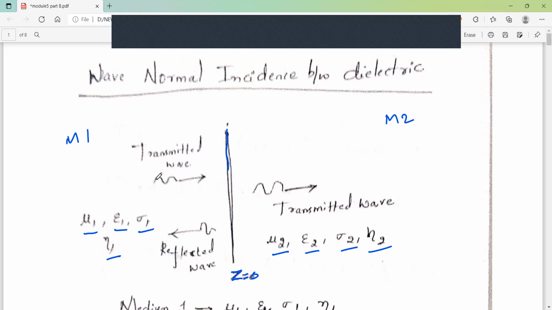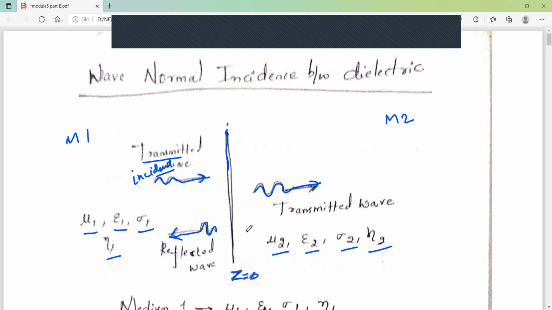Now you can see one wave is shown like this. This is the incident wave actually. Here it is written as transmitted, but just leave that. It is the incident wave which is going here, and this wave you can see over here is the transmitted wave. That is, it is going from medium 1 to medium 2. So it is being transmitted, and some portion of the incident wave will be reflected back in medium 1 itself. So that is represented by this one. Okay, this is how the diagram looks.